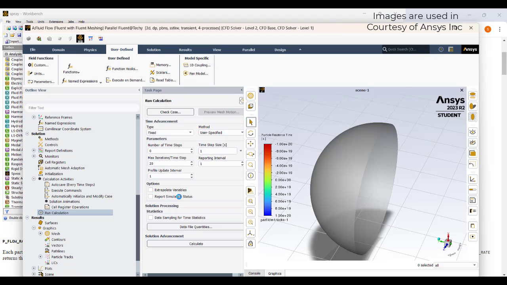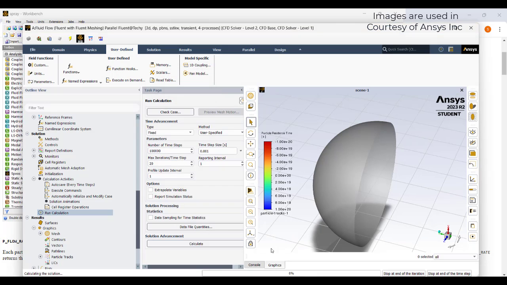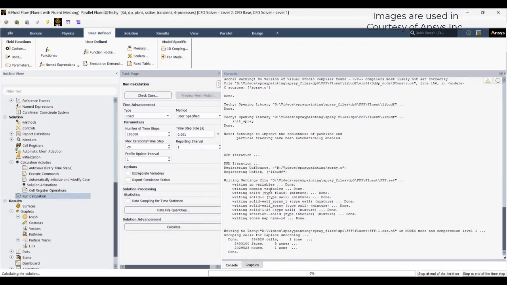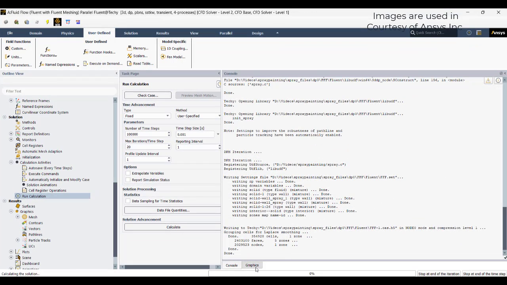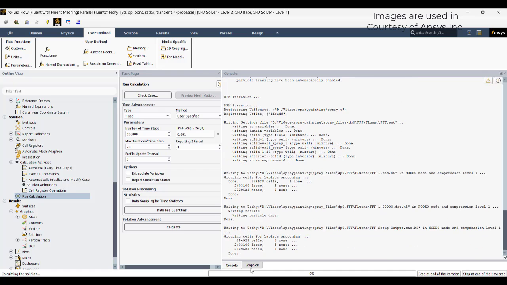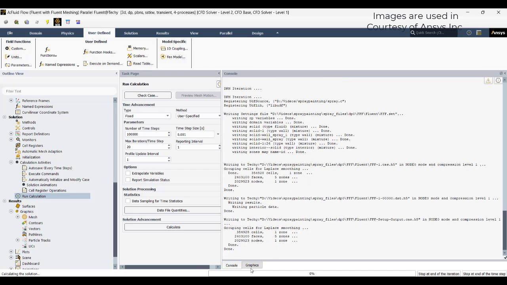So then I'll go to run calculation, and I'll change my time step as 0.001, and I'll increase the number of time steps. So now I'll run calculate. Maybe I'll just showcase you a few time steps, how exactly it looks like. Then I'll pause the video, I'll run for a few other time steps and show how the video looks like when we save many animations at a time. Okay,